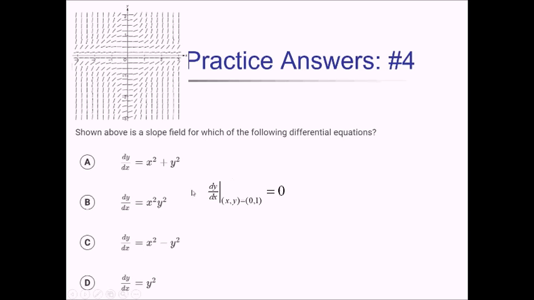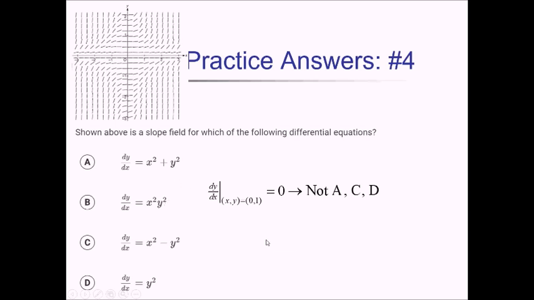But now if I plug in 0 and 1 in all of these, so this is 0 squared plus 1 squared, which is not going to be 0. It's going to be 1. So choice A can be eliminated. Choice B, we have 0 squared times 1 squared, which comes out to 0. So we can't eliminate B just yet. Choice C, we have 0 squared minus 1 squared. That's negative, so that's not going to work. C can be eliminated. And now choice D, well, this only takes the y value, so this is just 1 squared, which also does not come out to 0. So we can also eliminate choice D. So with that 1 point, we're able to eliminate 3 out of the 4,